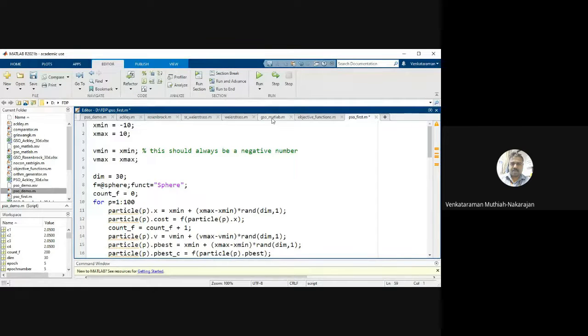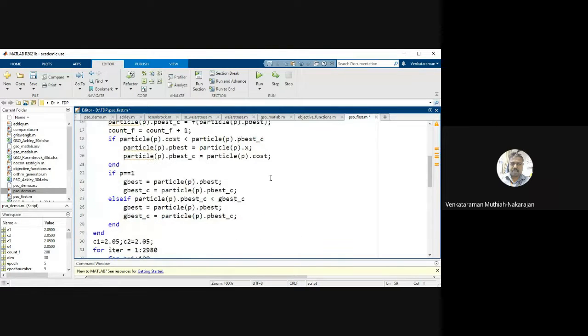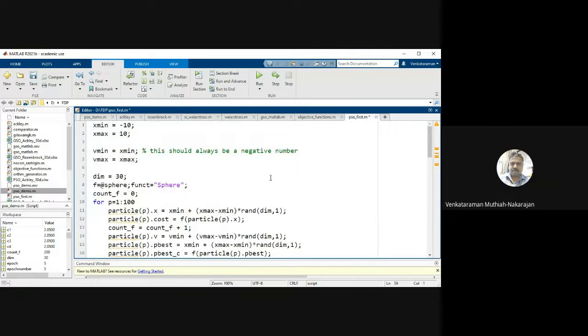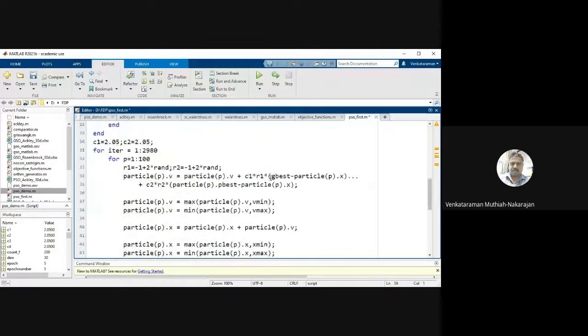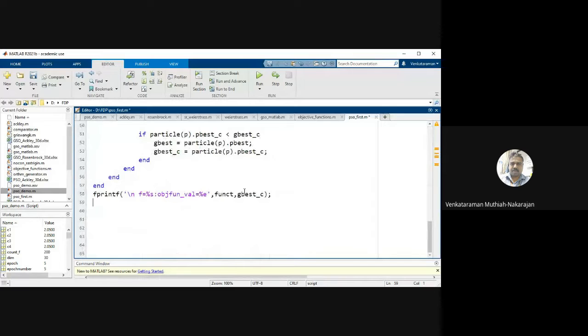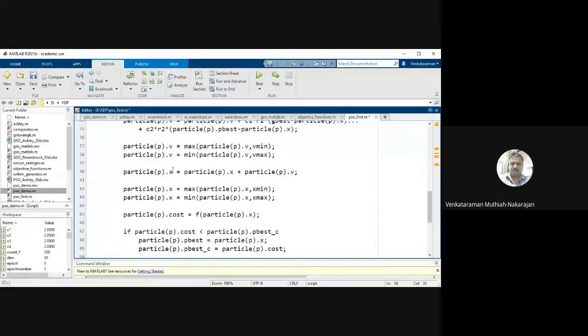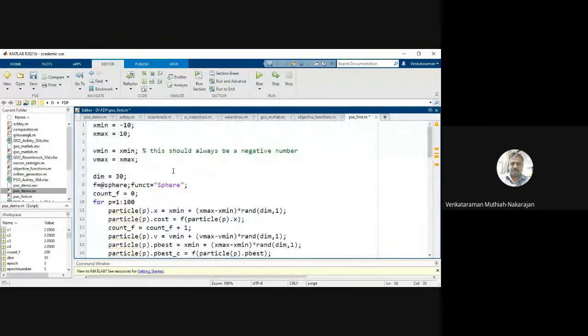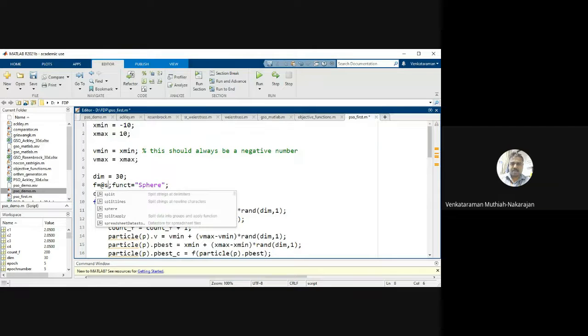I can show you, generally we are running it once. This time our function has been able to secure the global minima, but generally people want to try it out a number of times. Okay, so this time we had it only once. Our dimension was 30 and we chose the sphere function. You can choose some other function like